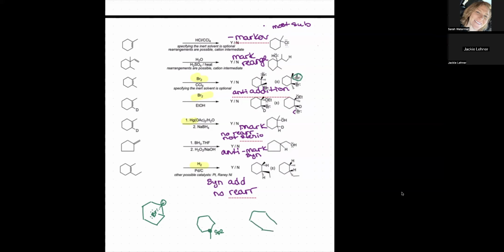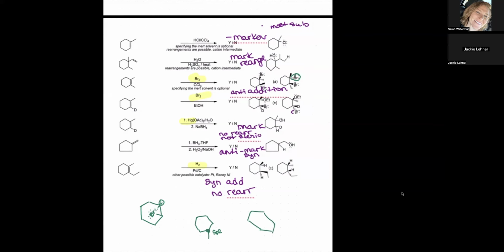And so what ends up happening is this would be, that wasn't a very straight line. That's why I'm trying to redraw it. This would be out here, and this positive charge would be over here. And so bromine could come in from any which way that it wants to. It could come in over here, over there, right? It could go in wherever it wants, versus when it's like this, because